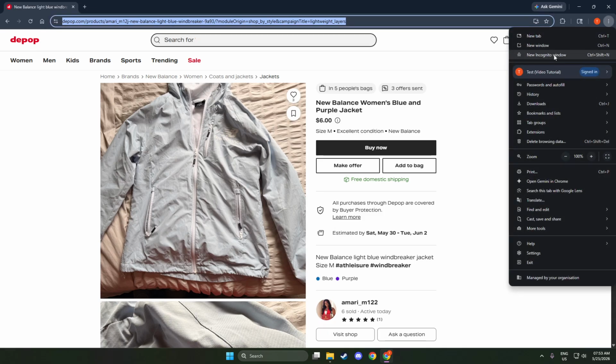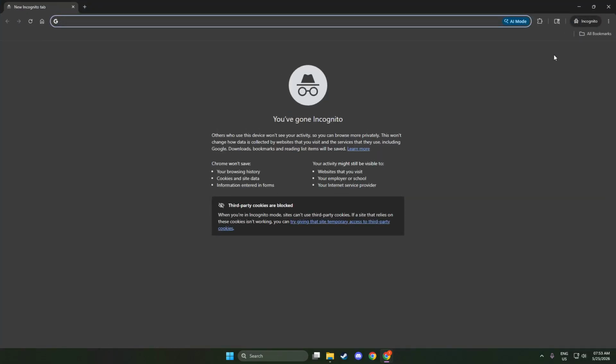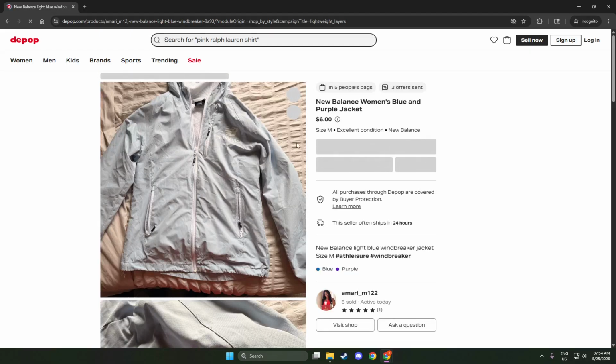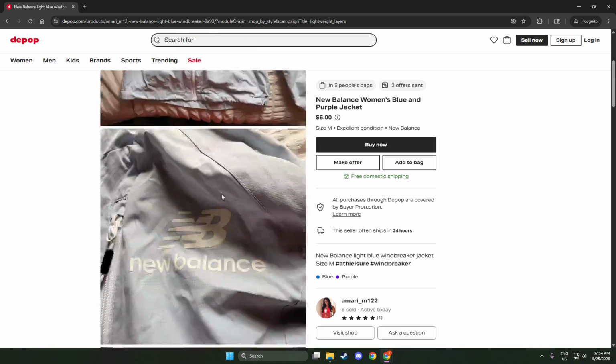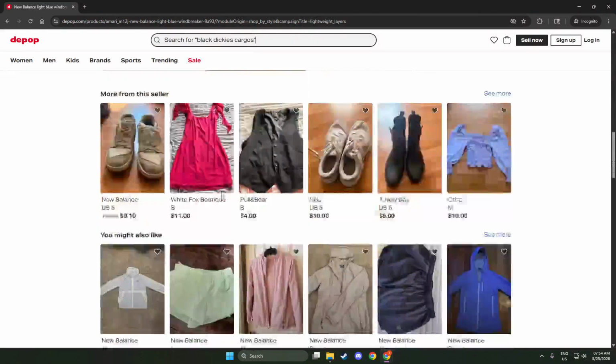Open the place where you want to send the link. This could be a message thread, an email, a social post, or anywhere else you can paste text. Click into the text field, then paste the link using right-click paste, Command+V on Mac, or Ctrl+V on Windows. Give it a quick look to confirm it matches what you copied. Many platforms will automatically generate a preview with an image and title. If that doesn't appear, the link should still work when clicked.